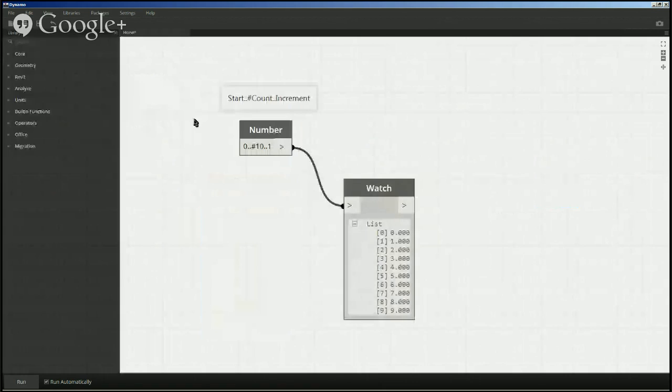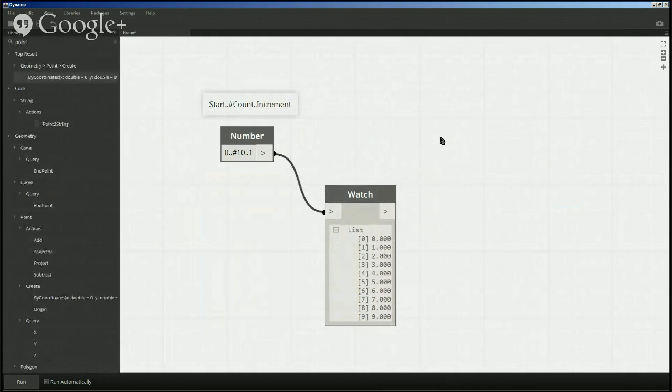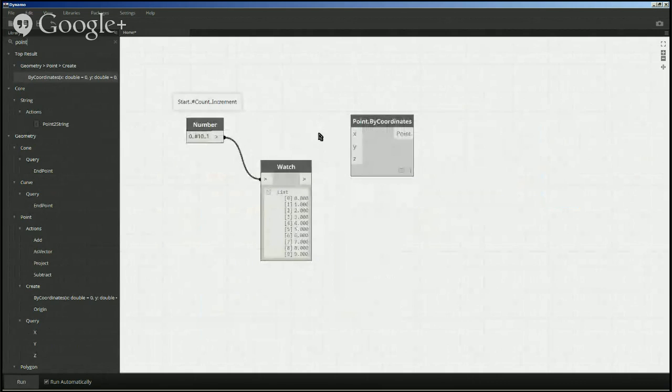Now I'm going to expand my library once again. Since I'm going to try to create a collection of points, I'm going to just use the search field once again, point. And in doing so, we'll see that top hit again, geometry, point create by coordinates. And since I have this set to run automatically, I can take the output of my number node and connect it to the input ports. So we'll say X and Y,